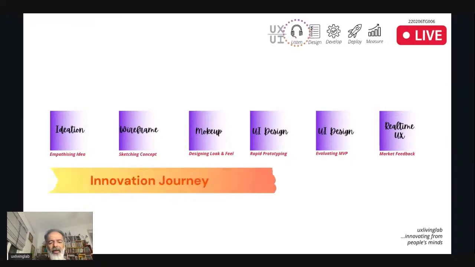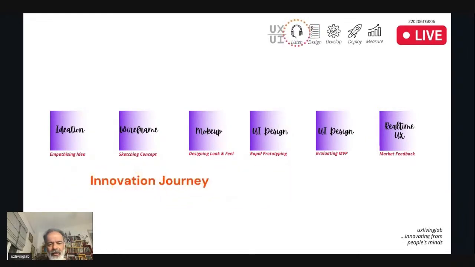The empathizing idea, sketching concept, then develop that idea into a concept. Then concept will be moved to the look and feel stage. Then the look and feel will be developed to the prototype, then prototype developed to minimum viable product, then launch the product and market it. These are the important stages or milestones of the innovation journey.